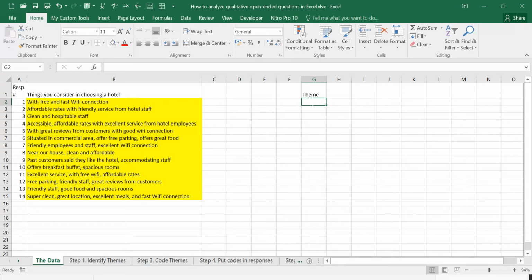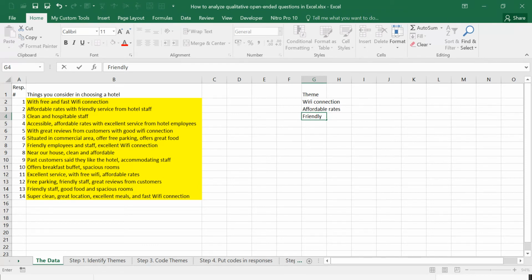And then, some of the respondents also mentioned affordable rates. And then some respondents also mentioned friendly,